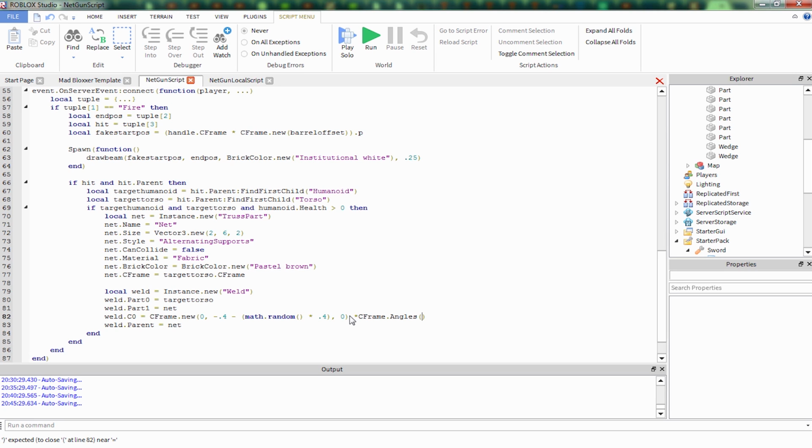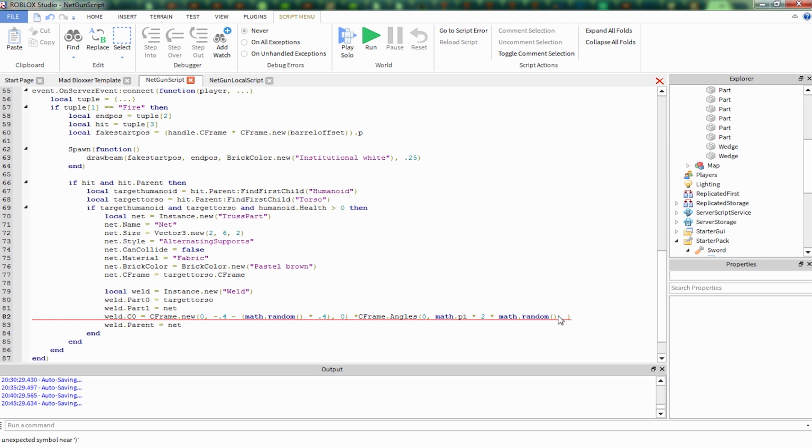Inside here, you're going to want to put 0, math.pi, because we're working with angles, so we're going to be using Euler angles, times 2, math.pi times 2, times math.random. So this gives us a random rotation from 0 to 60 degrees in the Y axis of CFrame.Angles, and then comma,